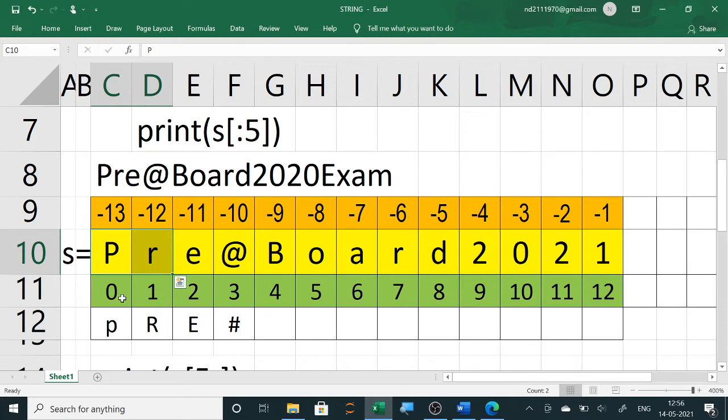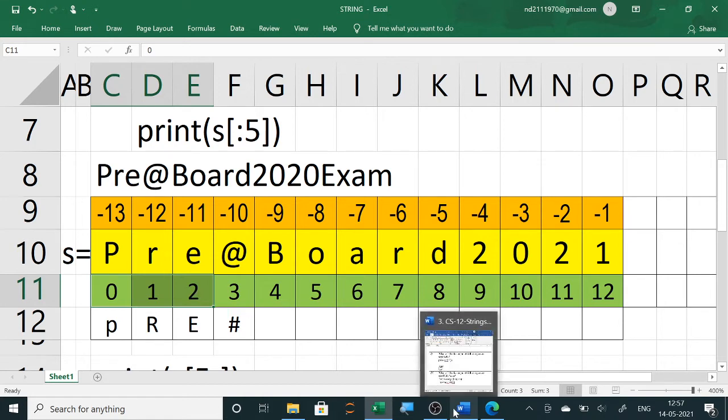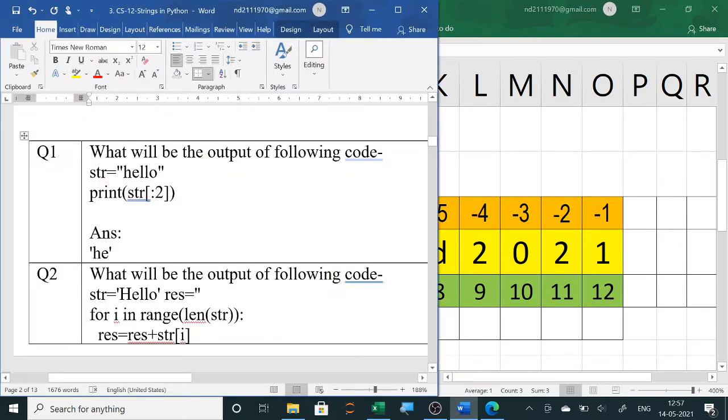Slicing goes from start to end plus 1, so to display PR it will be from 0 to 2, that is 0 colon 2. Here in the square bracket it is written only colon 2, which means it starts from 0 and stops at 1. So the first two characters, H and E, will print.